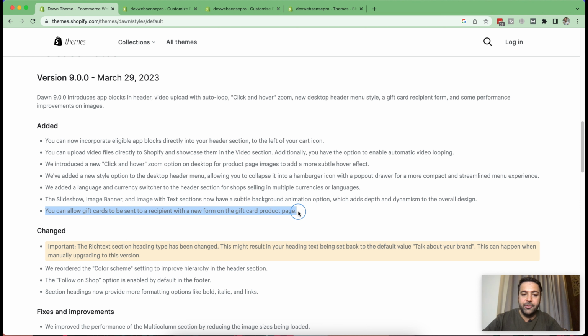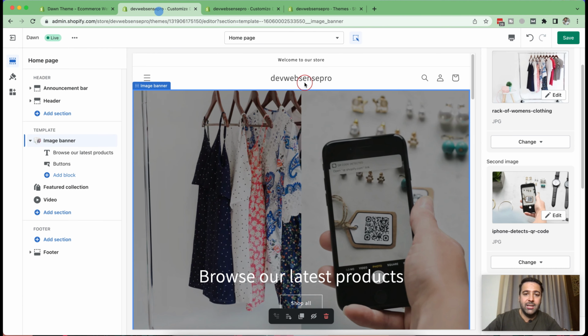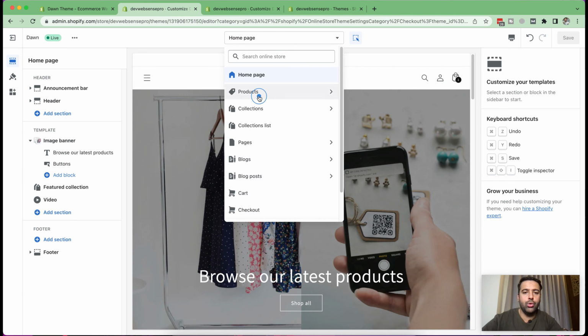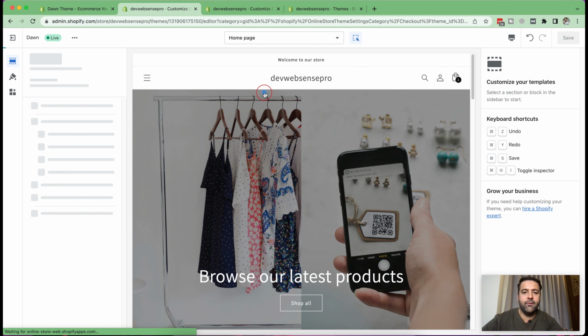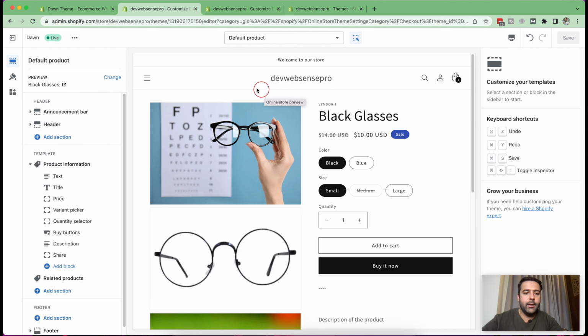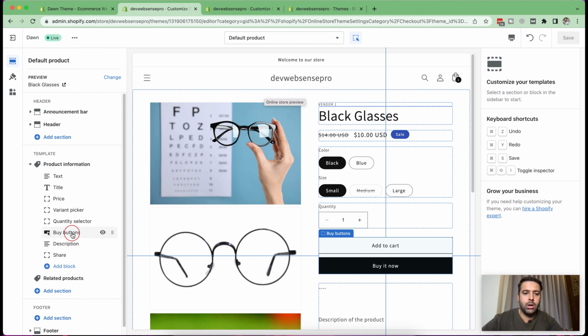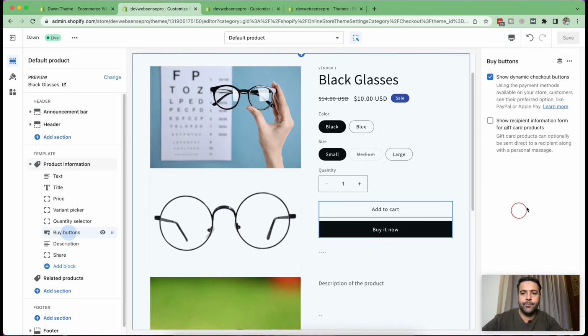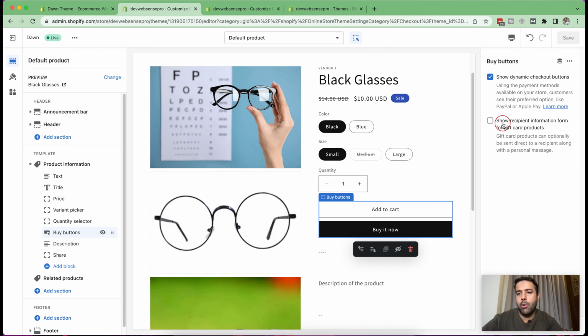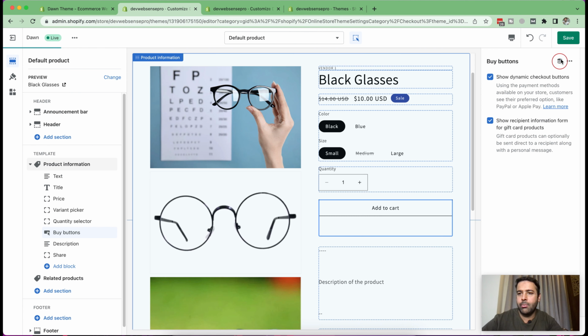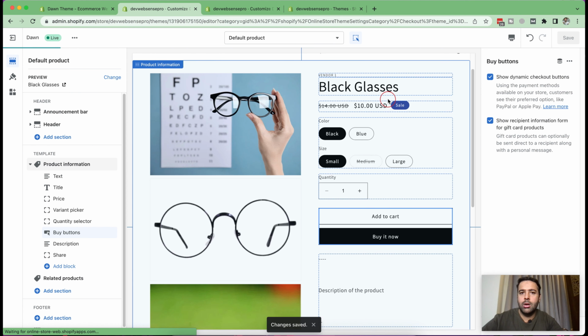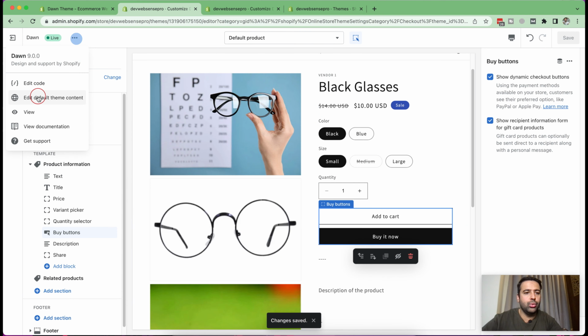Okay, let's move on to the last but not the least. You can allow gift cards sent to a recipient with a new form on the gift card product page. So gift card product page has a new form feature. Go to product template, click on default product, and here in buy buttons block, if you click on buy buttons, you have this new checkbox which says show recipient's information for gift card products. So if you enable this, click save, and now if you go to your store,